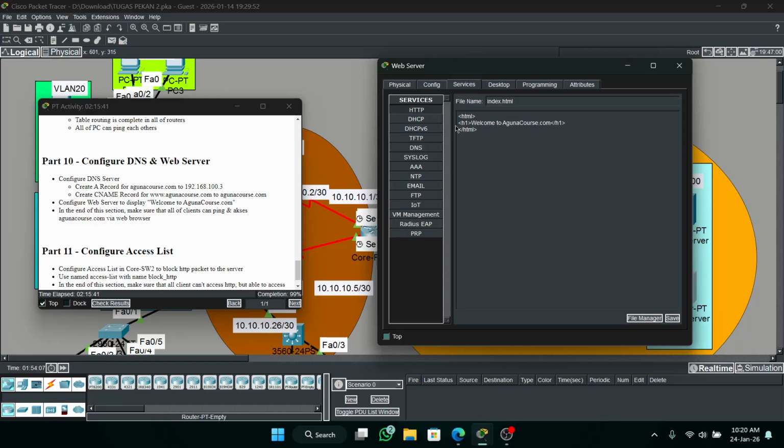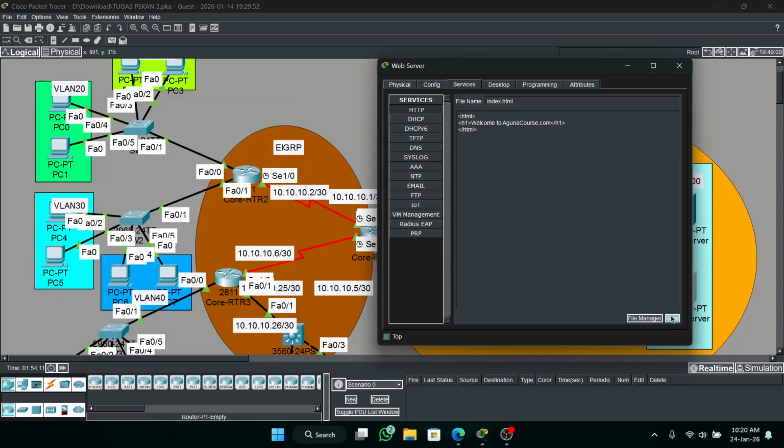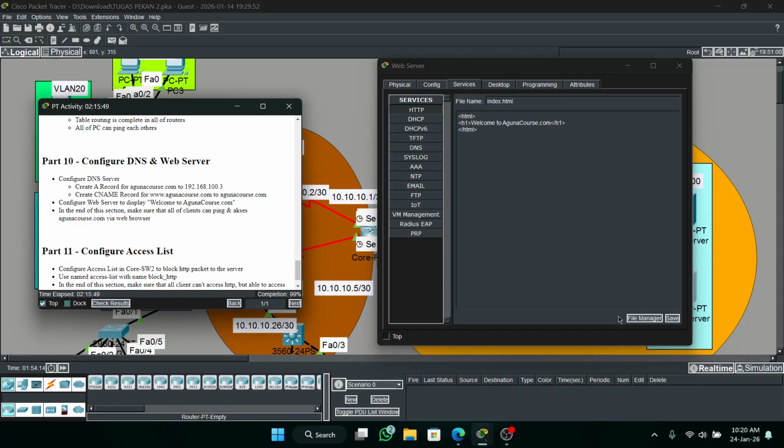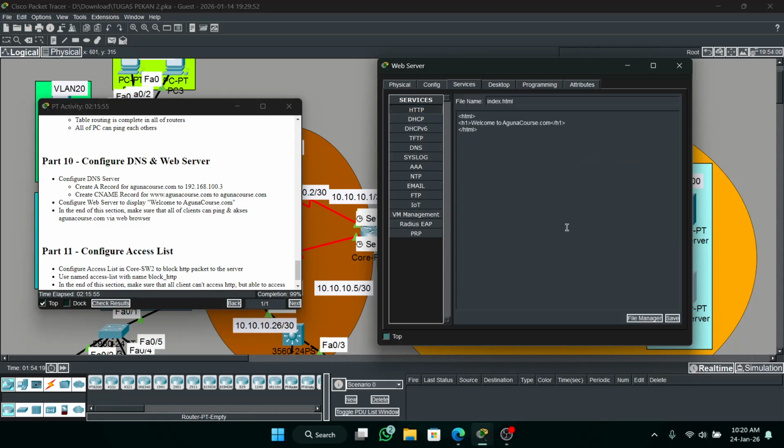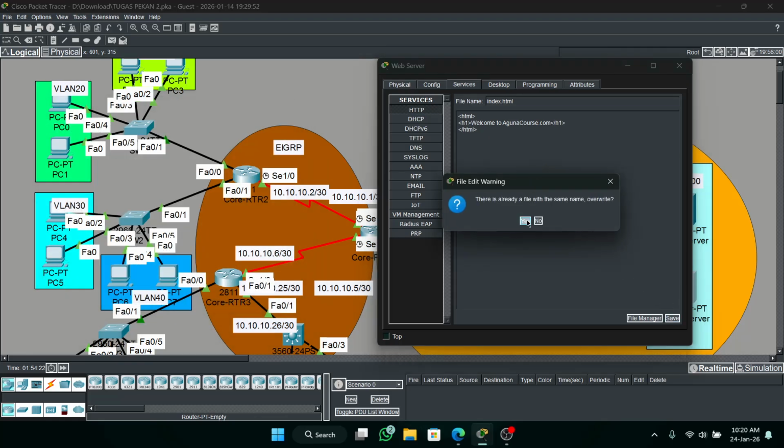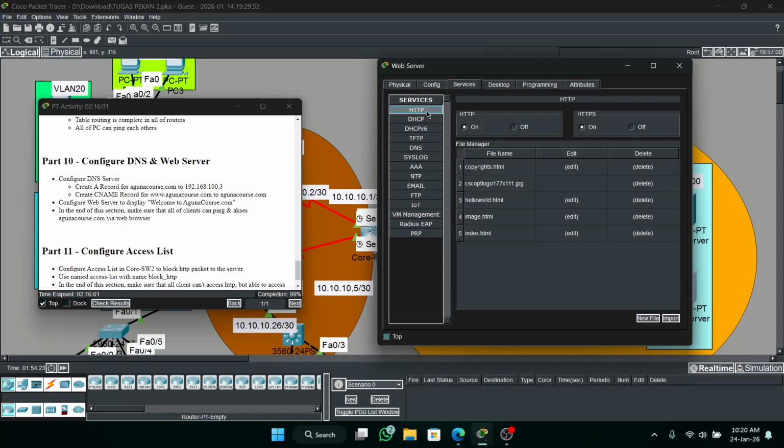Okay. Then click save. Okay, override. Okay, save, then close.